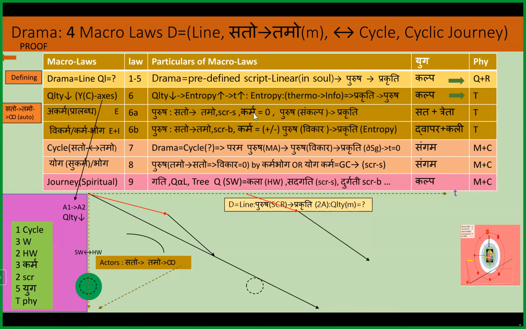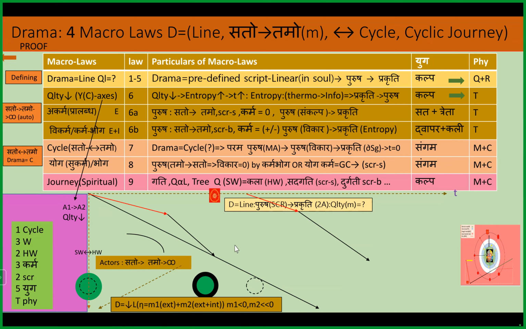And Purush is the script S. This script S is exit. Karma is zero. The deterministic means Sankalp controls the Prakriti. Here the Vikar or the Vikalp controls the Prakriti, and that is why the slope of degradation can be exponential also. So things are getting degraded. There is an equation, and the slope is given. So there are two equations, this is M1, this is M2, which can be exponential.